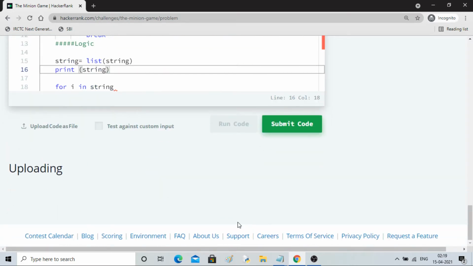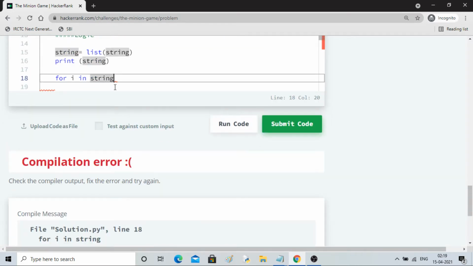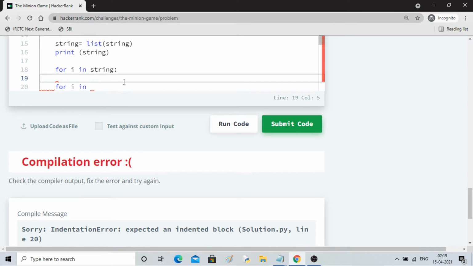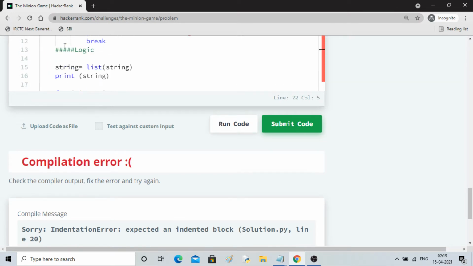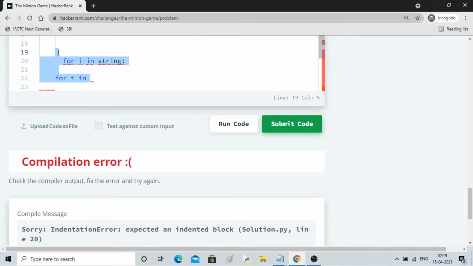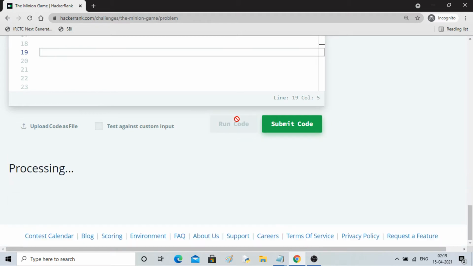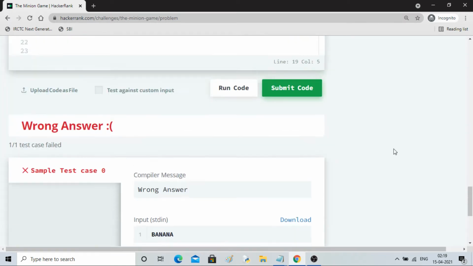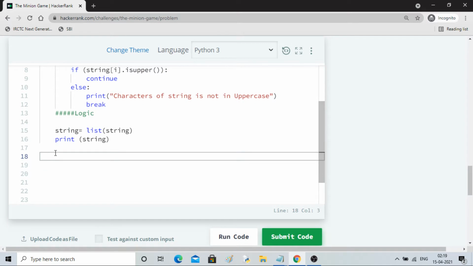Let's run it. Oops, I've made a compilation error, so let me remove these two. Now it's fine. Let's run it. You can see that it has converted the given string into a list: BANANA.